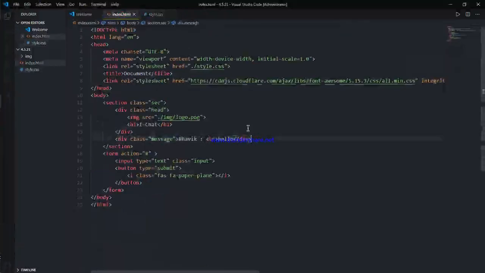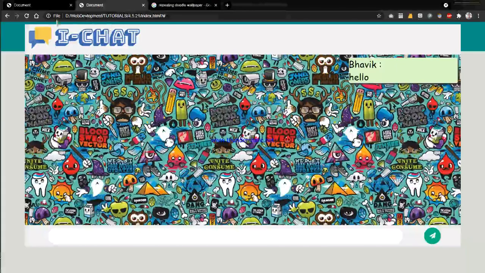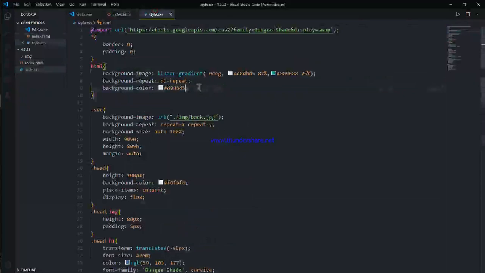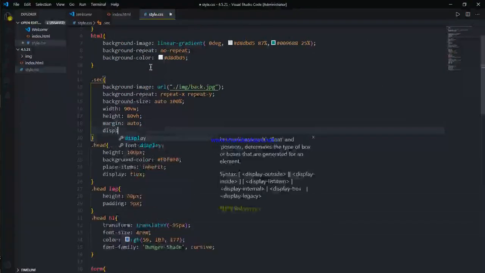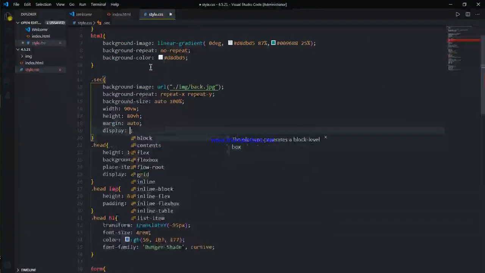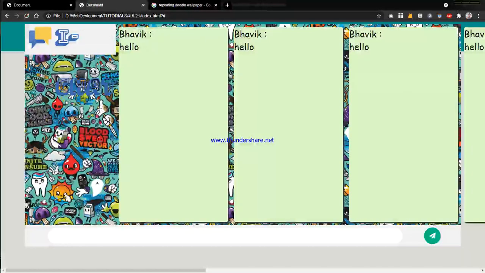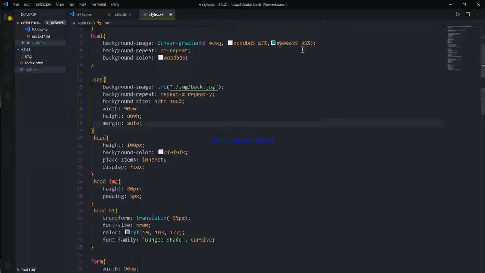So there's a problem right now which you would not see in this situation, but if you add many multiple messages here, it goes like this. So go in the section, give it a display flex, it will not work good.